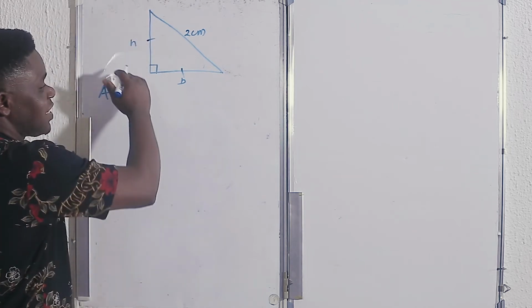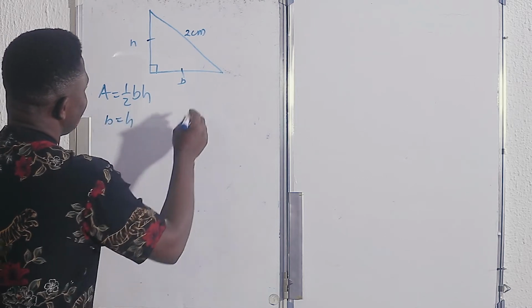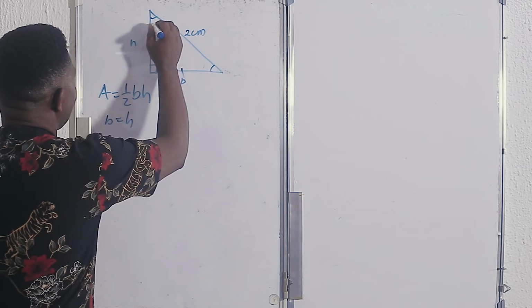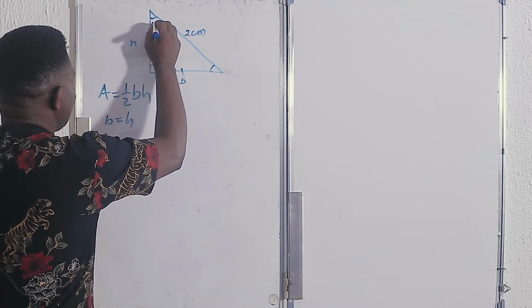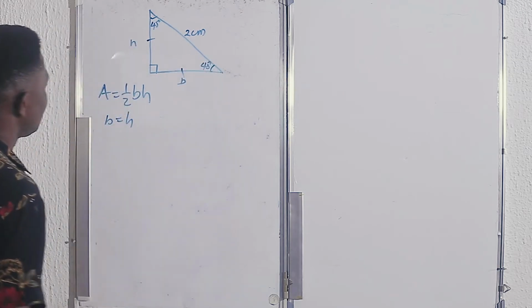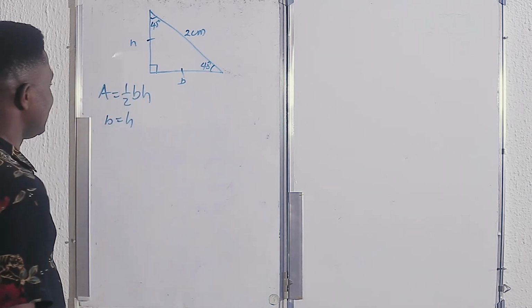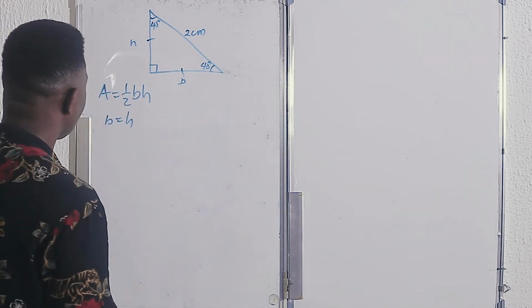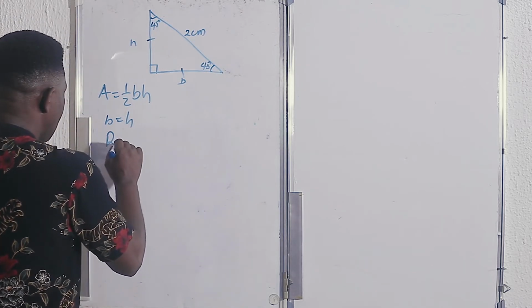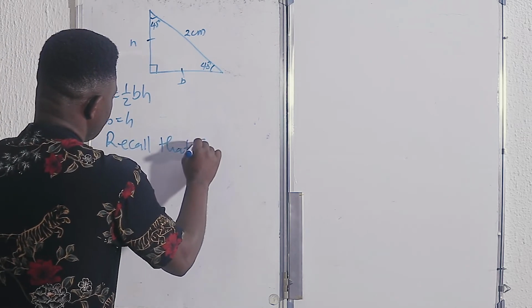In this case, because it's an isosceles triangle, the base is equal to the height. And then the base angles of an isosceles triangle are equal. Since this is 90, this is 45, this is 45. Good. So we don't know base, we don't know height, but we know the hypotenuse and we know the angles. Recall that sine